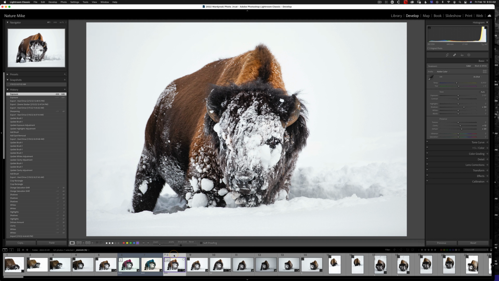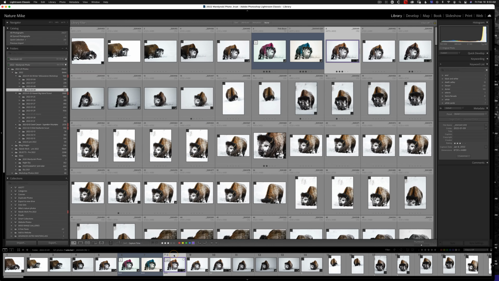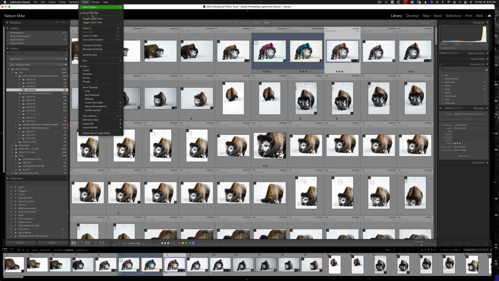Now, to make sure that your Lightroom is set up to capture time, simply go to the grid view. I'm going to hit the G key to do that. And now we see the grid view. And now we're going to go to View, Sort, and make sure capture time is checked. You can only do this in grid view. I don't know why, but Lightroom will not allow you to sort when you're in the loupe view. So make sure you hit the G key and you're in the grid view, and then you can get this